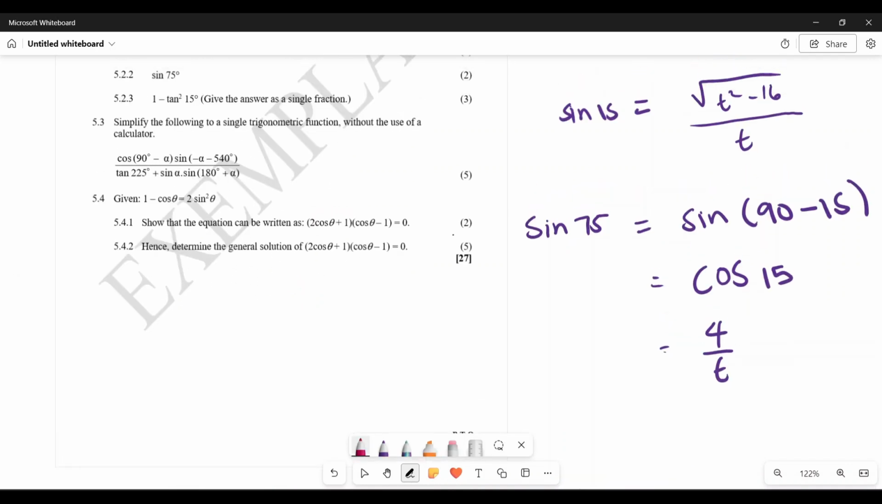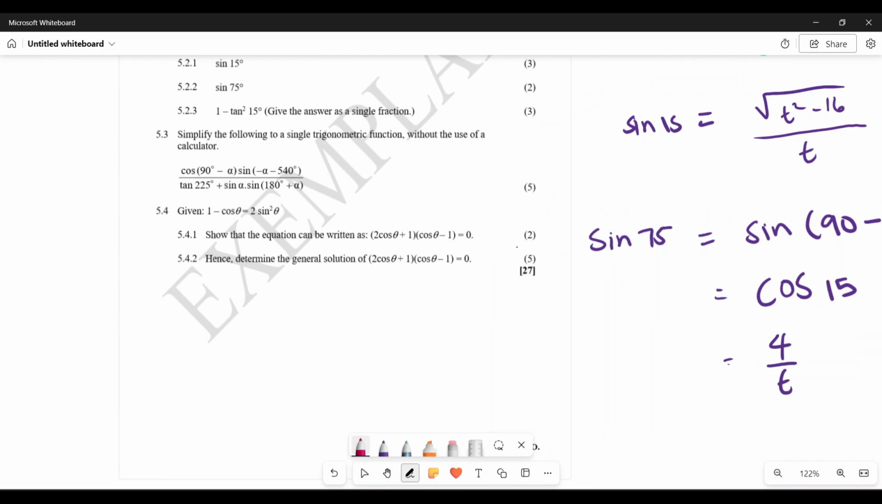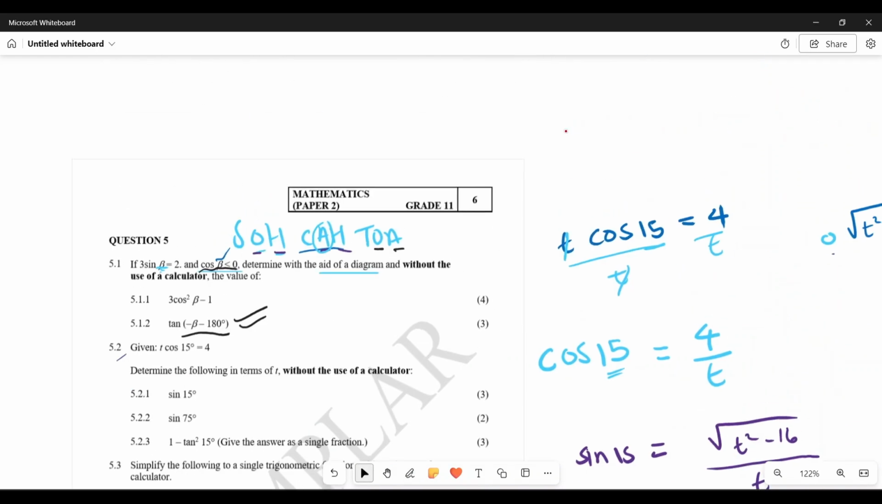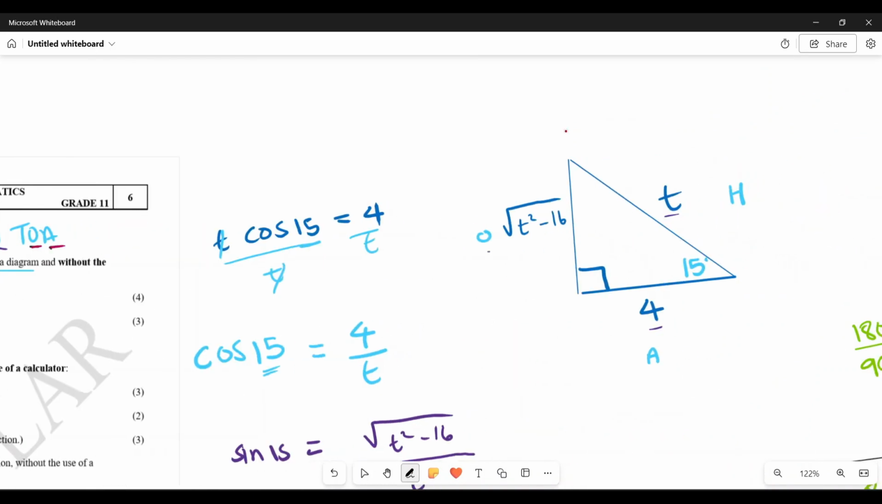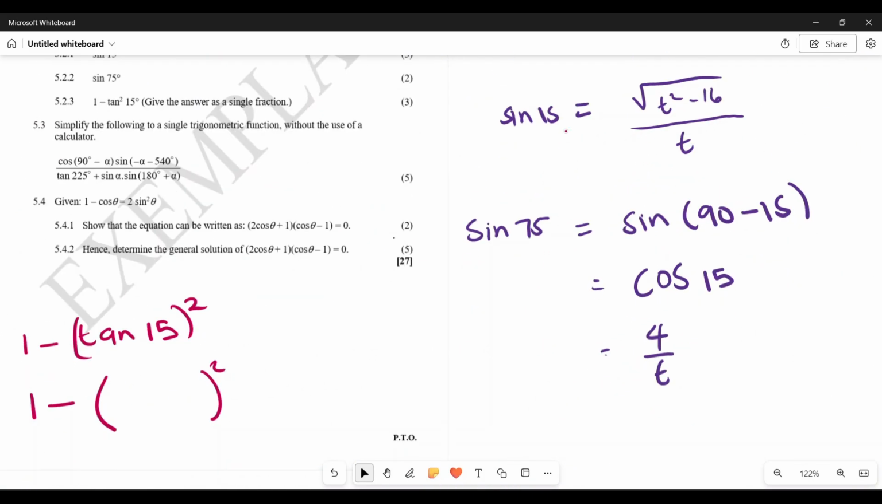Let me just try and erase here. Now for the next question, 1 minus tan squared of 15. So this I can write as 1 minus tan 15 squared. Give your answer as a single fraction. We would need to simplify. So this would be 1 minus, now let me look at my tan, which I'm going to substitute into my brackets. And remember, I have squared. My tan, remember, is opposite over adjacent. So this is my opposite, this is my adjacent. So it will be square root of t squared minus 16,